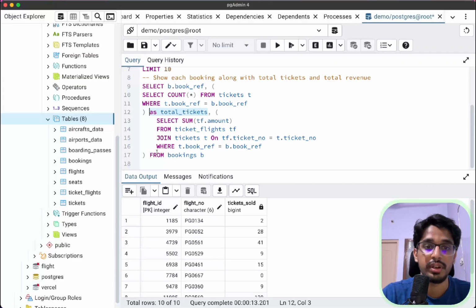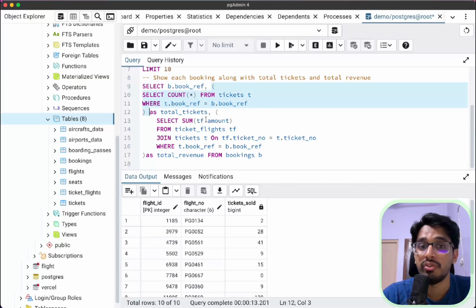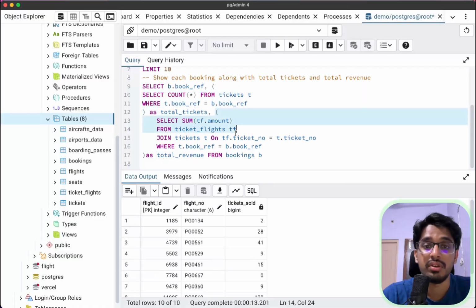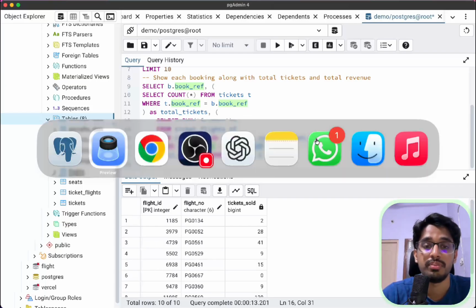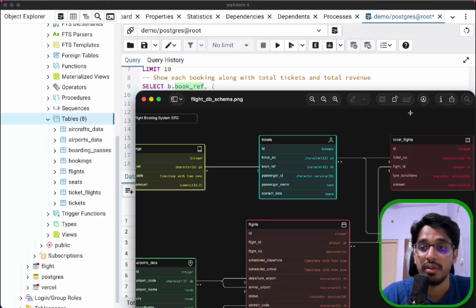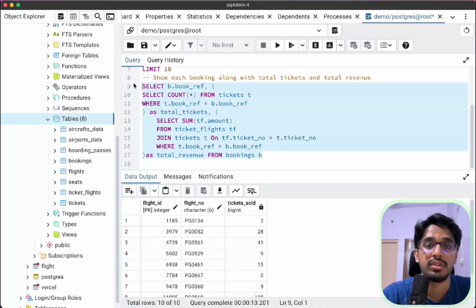So first we are selecting the booking ID, and then we perform the first subquery, which calculates the total tickets. This we have already done before. For the second subquery, we are looking at the ticket flights table. We perform the join and map the booking ref, so by this we can get the total amount from this particular table. Now let's execute this query,